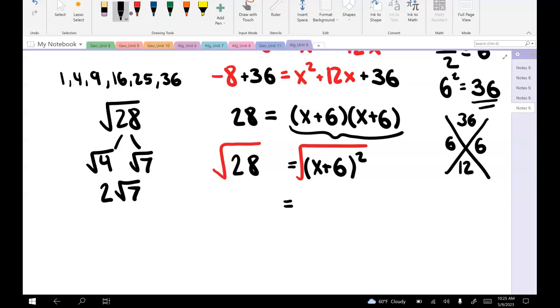And again, when we take the square root of it, it needs to be plus or minus. So that has to be plus or minus the square root of 7, and that'll go as our simplified answer